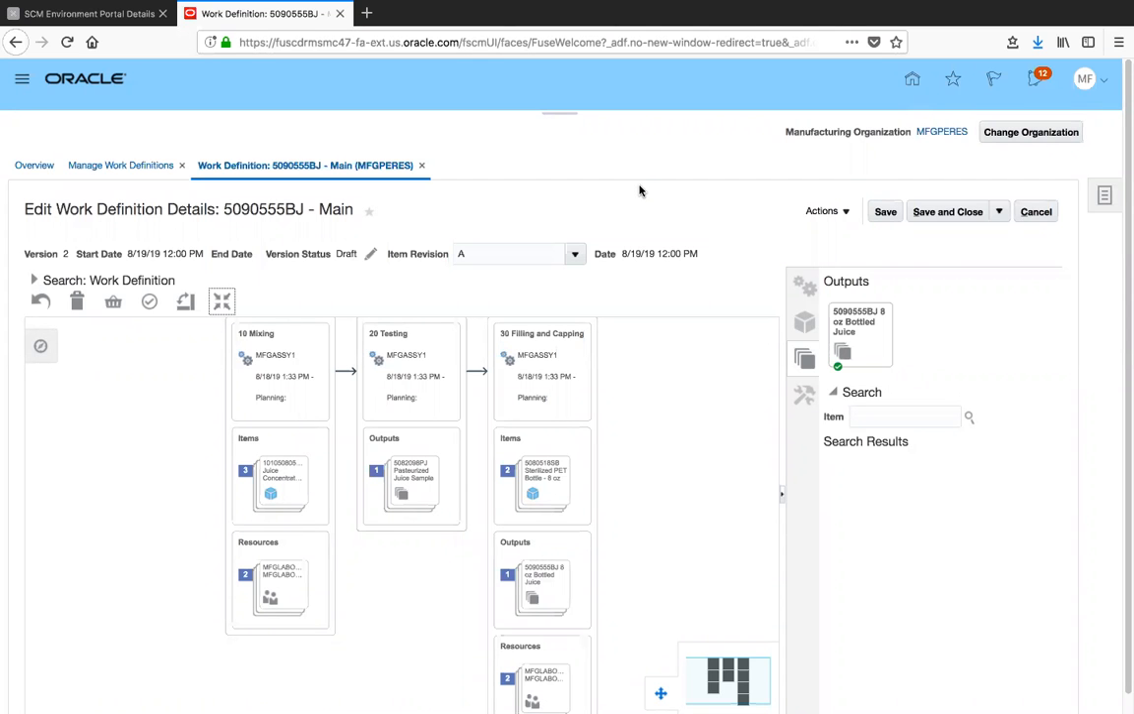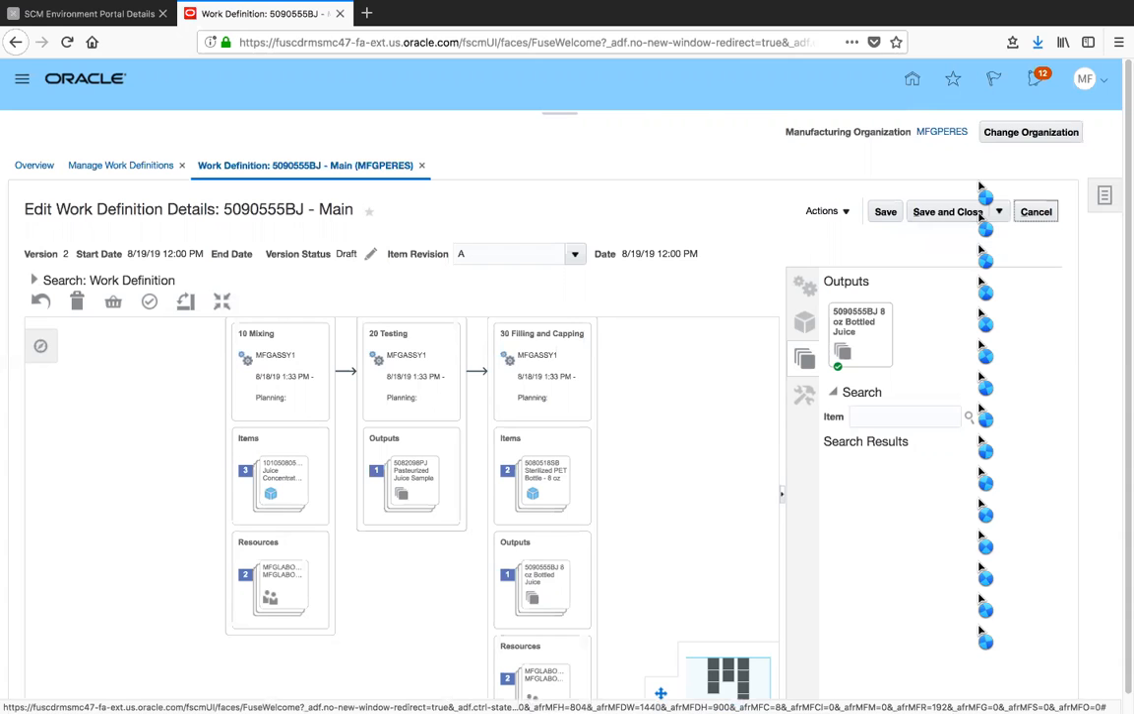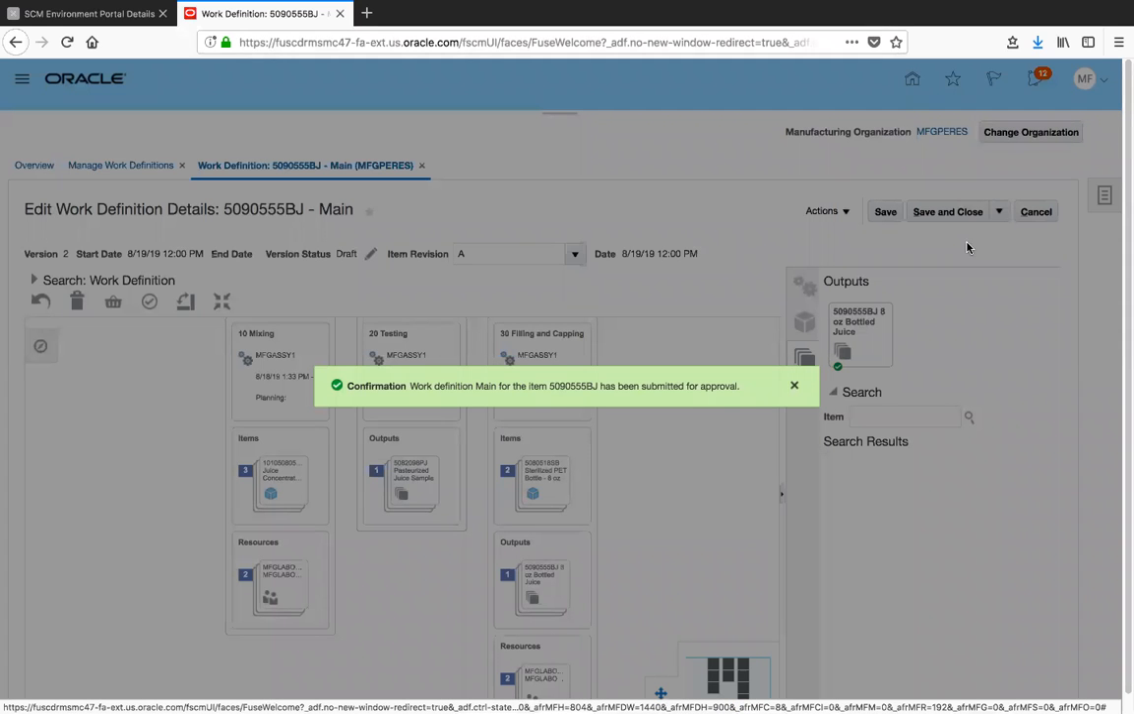When you enable electronic records and electronic signatures for work definitions, you can gain additional control over versioning as well as an approval workflow. For instance, in version 2 of this work definition, it starts out in a draft status. You can make your changes by adding or deleting operations, as well as changing any of the materials, resources, or outputs. When you're done with your changes, you go ahead, save and submit this work definition, which launches the approval